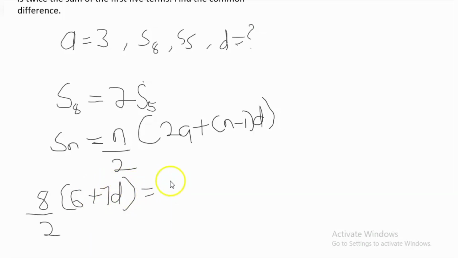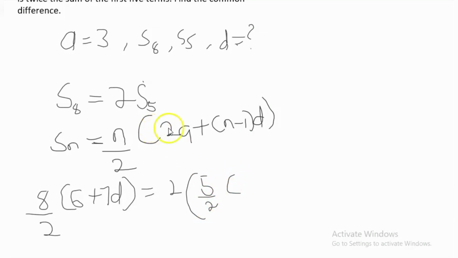Now this is equal to 2 multiplied by... the reason we're putting it in brackets is because the 2 is multiplying the whole of S5. Meaning that when we put 5 into n, this 2 will multiply all of that. So we have that. Now we have our S5, so we'll just replace everything with 5. So this will be 5 over 2